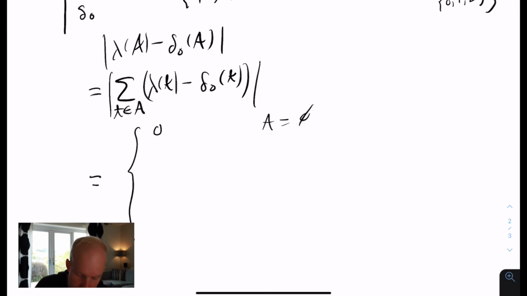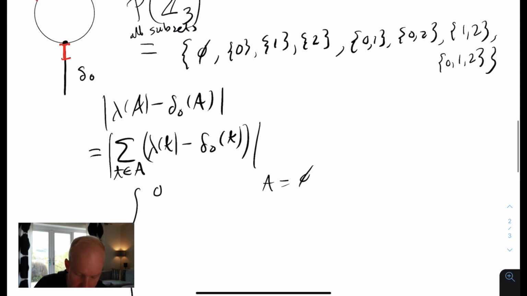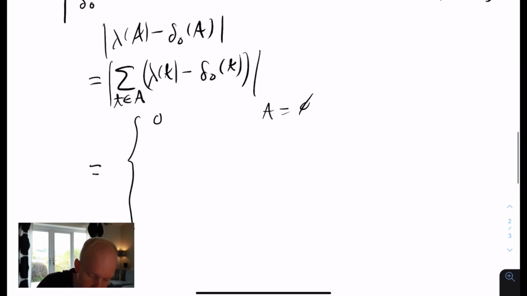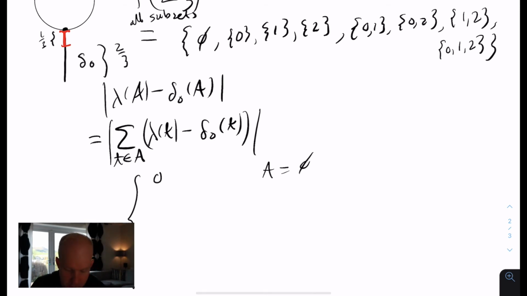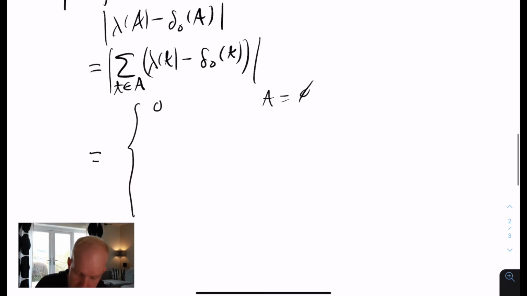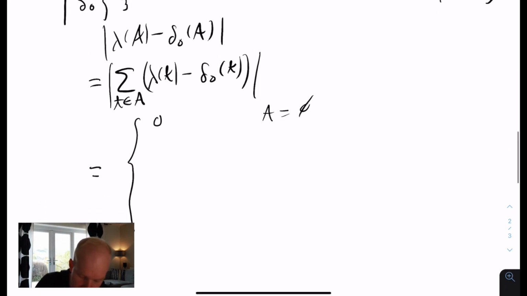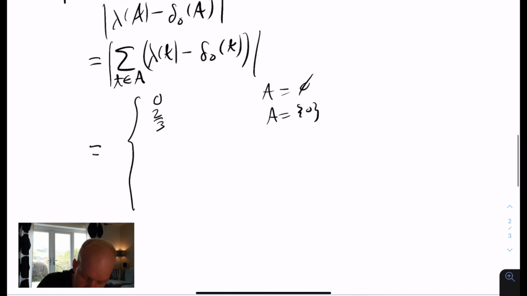Then what you have, if you have 0, then the distance here at the point 0, this height is 1/3, and then this height is 2/3. So that's what remains from this example. It's 2/3 if a is 0, and with the other sets, this is just